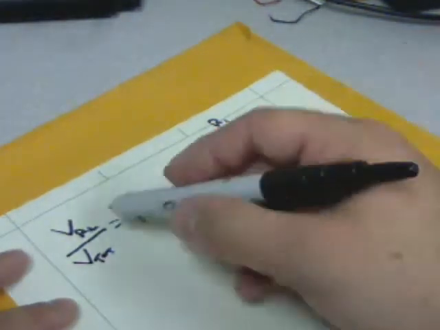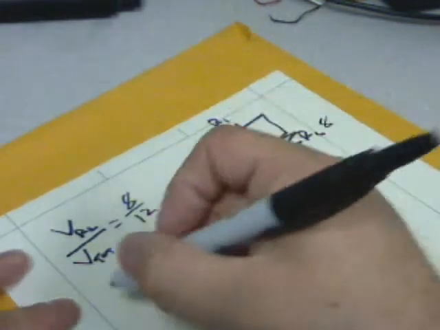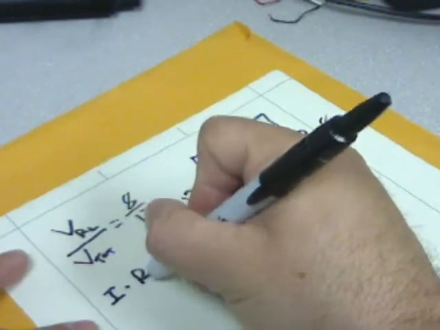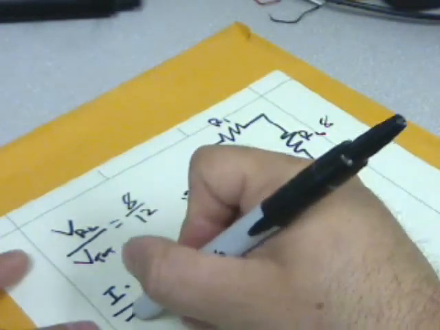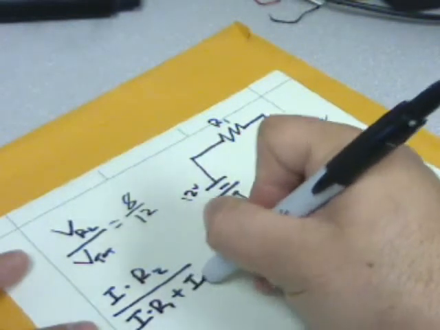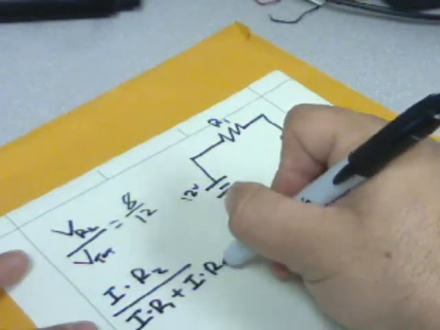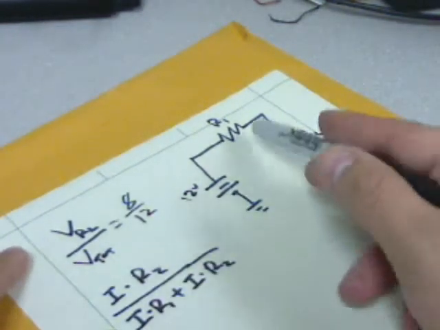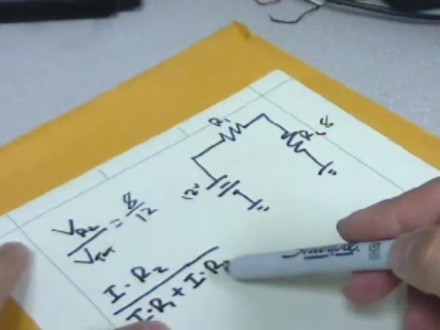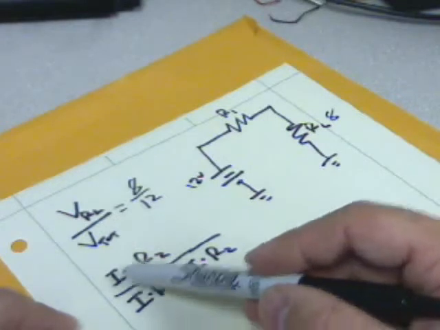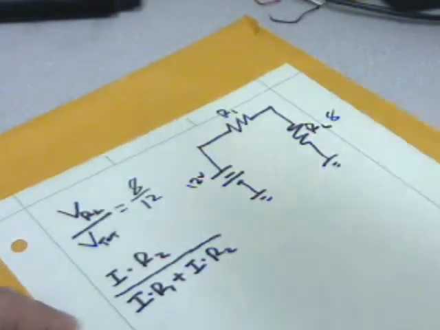But how about if we just plugged in I times R for those values? Well, we put in I times R2 over I times R1 plus I times R2. This is the total voltage. This voltage drop and this voltage drop is just equal right here, and this 8 is just I times R2. So,